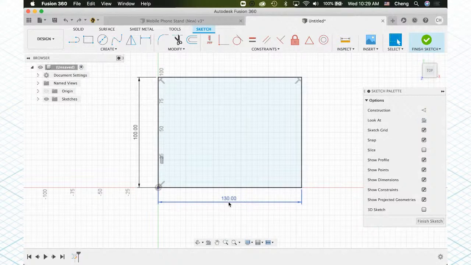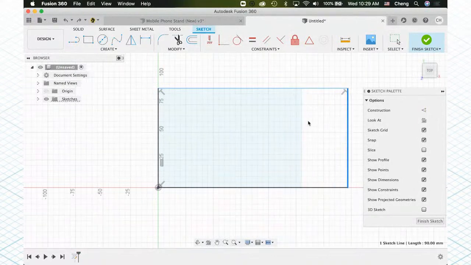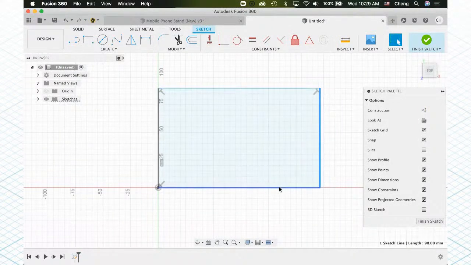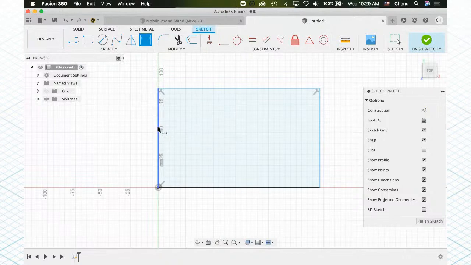Okay, so one thing to take note of over here, I would like to share with you on the screen. Right now, without the dimension, I have the 2 black vertical lines and I have the two lines which are indicated in blue. That means they are unconstrained, which means they are free to move. When I select the blue line, this is free to move. But when I select the black line, the black geometry is not able to move. So you have to control the geometry